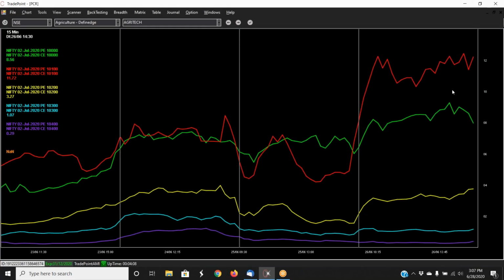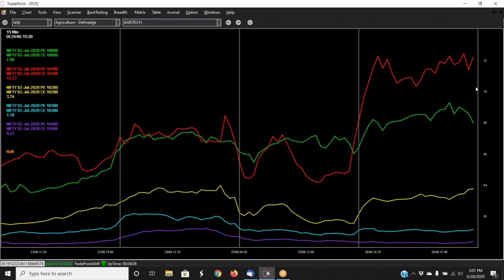I'm starting this time. I'm going to speak on the weekly options, both Nifty as well as Bank Nifty, and the current put call ratios of various strike prices of the weekly options. I'll make it clear once more. For 2nd July, if you see the put call ratios from 10,000 to 10,400, five strike prices in between, Nifty is already